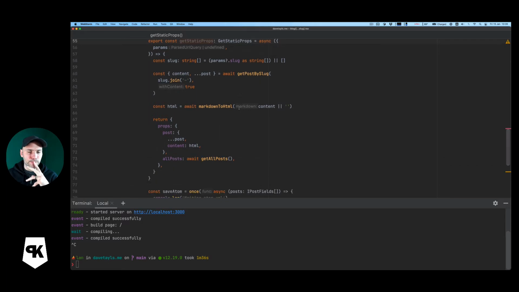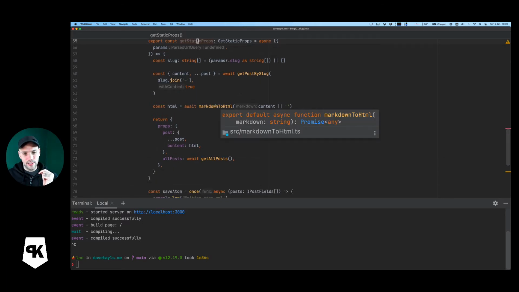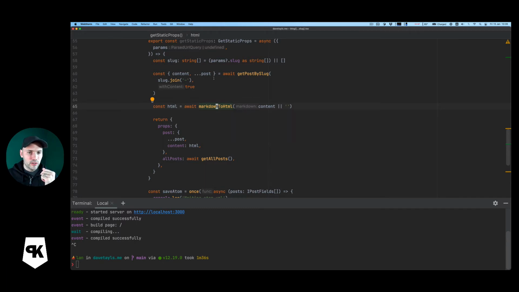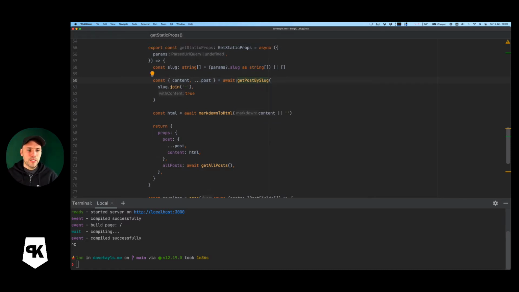So this follows a lot of that Next.js blog post, where it's using MDX to get HTML from those Markdown files in the posts folder. So let's have a look. So getPostBySlug. The slug that's going to come in is going to be,